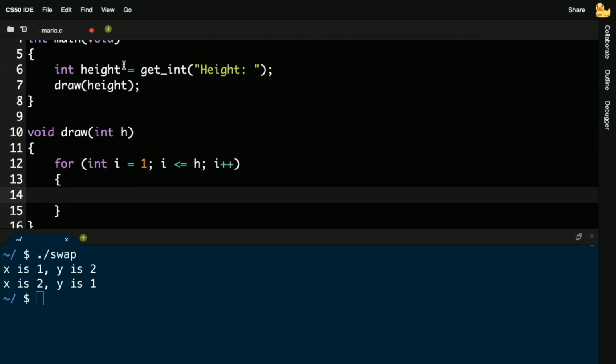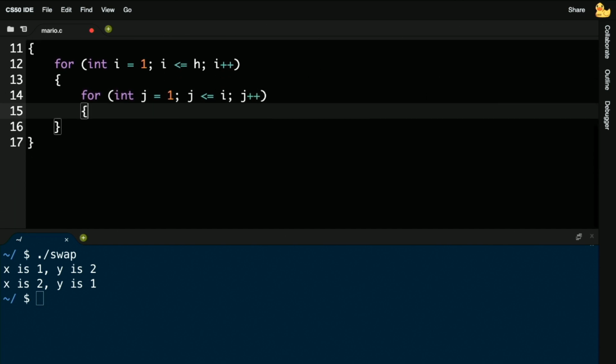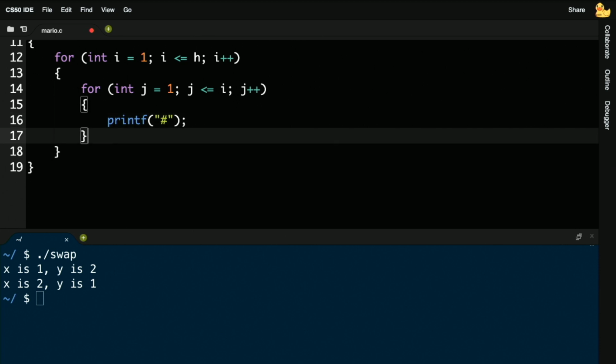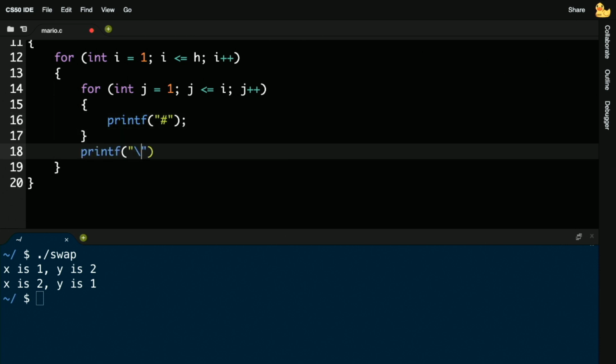Inside of this, as you might recall from problem set 1, you may have found a nested loop to be useful. Let me do int j gets 1, j less than or equal to i, j plus plus. This will be similar but not identical to either the less comfortable or more comfortable version of Mario from the past, because this pyramid is shaped in a different direction. Let me print a hash there, and then let me print a new line here.